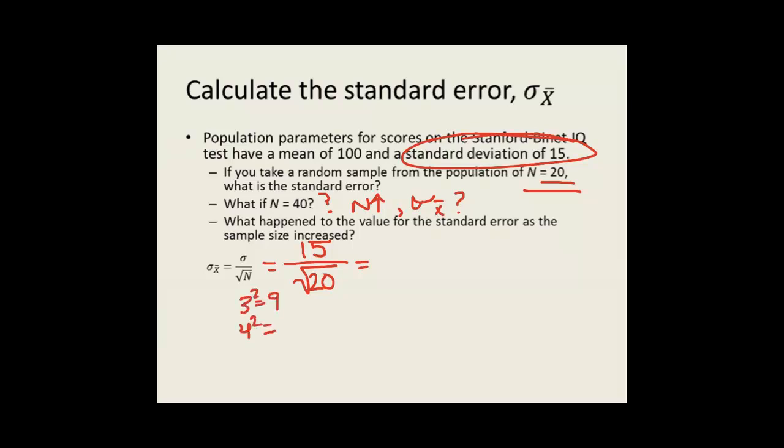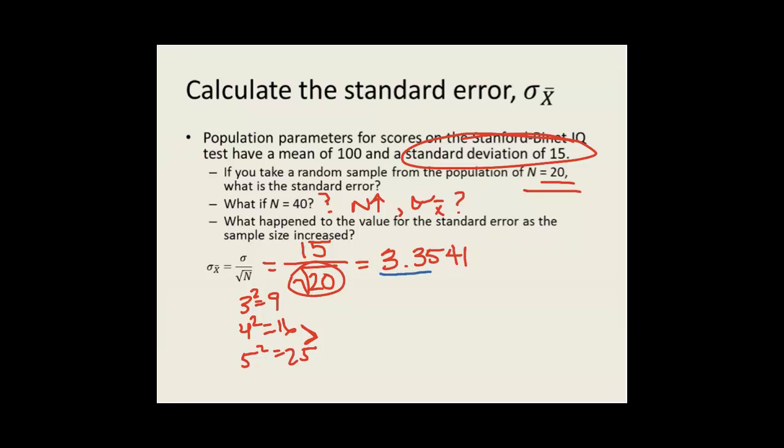I know that 3 squared is 9, and 4 squared is 16, and 5 squared is 25. So that means the square root of 20 needs to be a number somewhere between 4 and 5, because 16 is less than 20 and 25 is greater than 20. So if I had 15 divided by 5, the answer would be 3. If I had it divided by 4 on the bottom, the answer would be like 3 point something. So I'm making sure that I have an answer for sigma sub x bar somewhere between 3 and 4, and sure enough, I've got